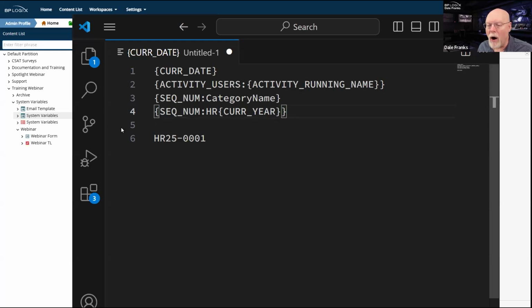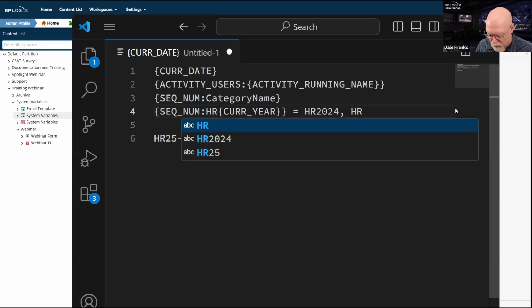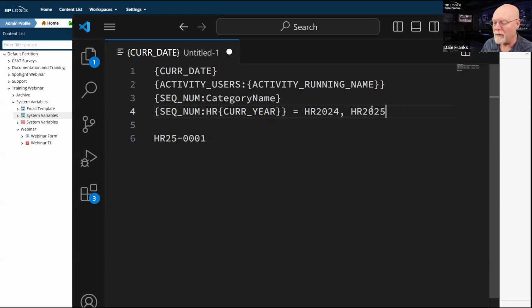And so when this gets parsed, it'll look and say, okay, well, I've got a sequence number. Here is my category. My category has another system variable, which is current year. So the current year is 2024. And so this category name, because I've concatenated it with the letters HR, is going to come out as HR 2024. And obviously, on January 1st, 2025, that category name is going to be renamed. And it's just going to be renamed HR 2025.